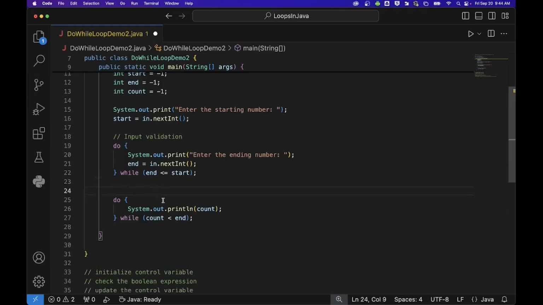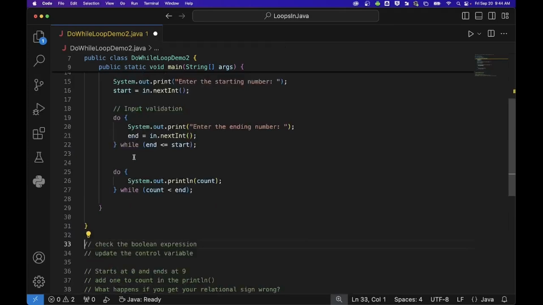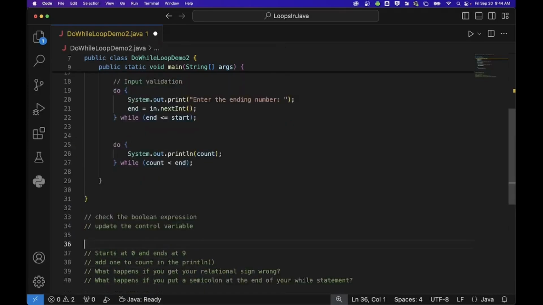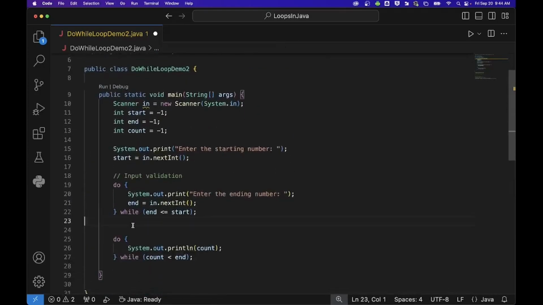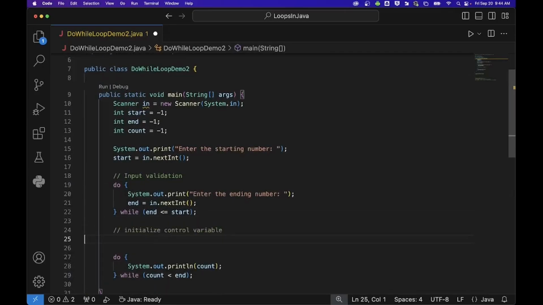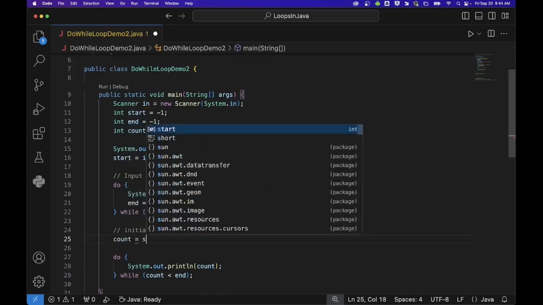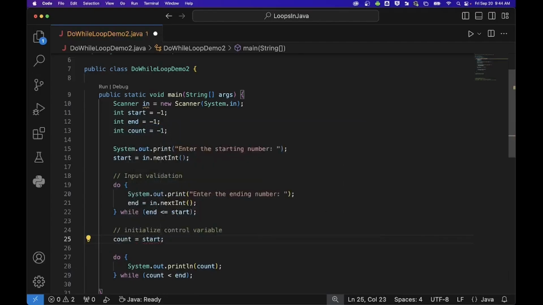That count is going to be the number that we output. It really needs to begin with whatever the starting value is, right? Whatever the user typed in for start. So I need to begin by initializing